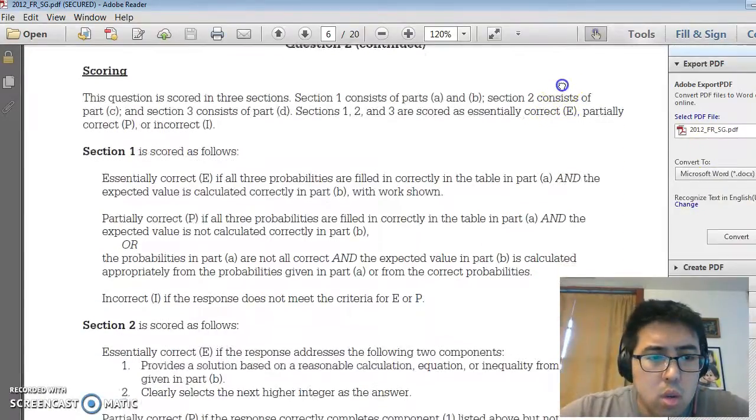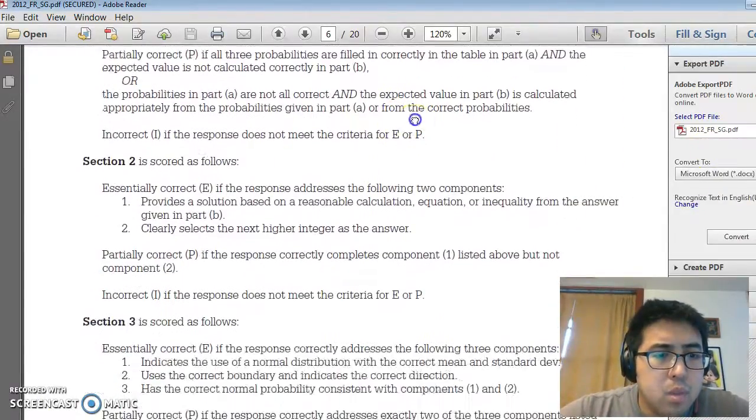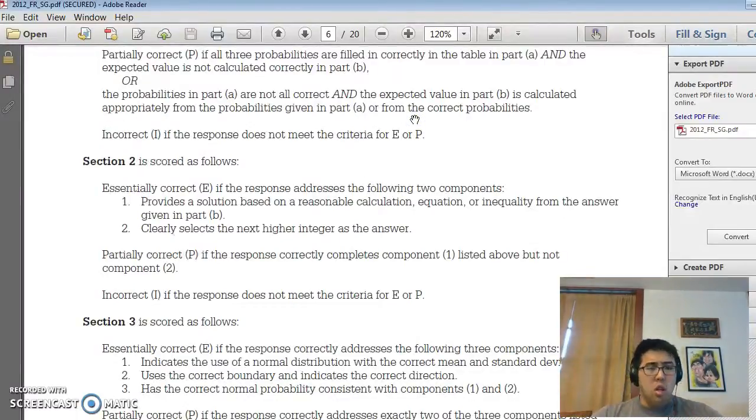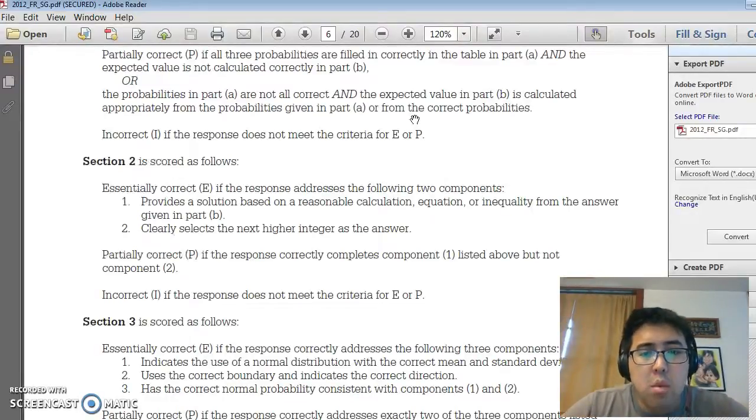Okay, so let's continue. Section 2, essentially correct if the response addresses the following two components. Provides a solution based on a reasonable calculation, equation, or inequality from the answer given in part B, and clearly selects the next higher integer as the answer. Oh, okay, all right. So in other words, our numbers were correct, and then we have to round up, like I was saying earlier,